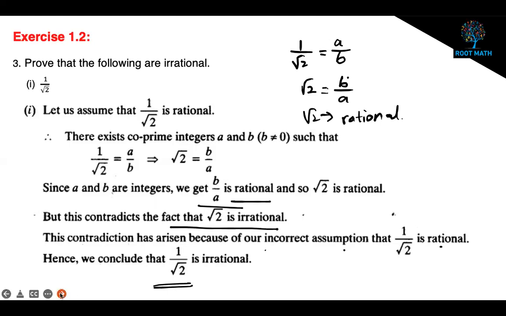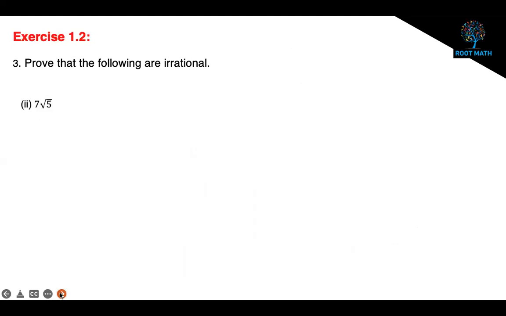You may notice that almost all the statements are the same. According to the given question, only here and there some changes happen. Otherwise, the statements are almost the same. Now 7 root 5. So how to prove 7 root 5? First, we will assume 7 root 5 is equal to a by b, which means that 7 root 5 is a rational number we are taking. So keep the root 5 over here and 7 will come to the denominator like